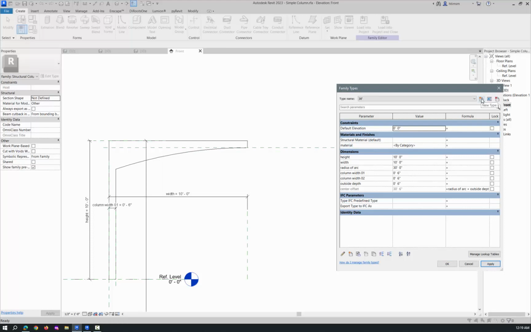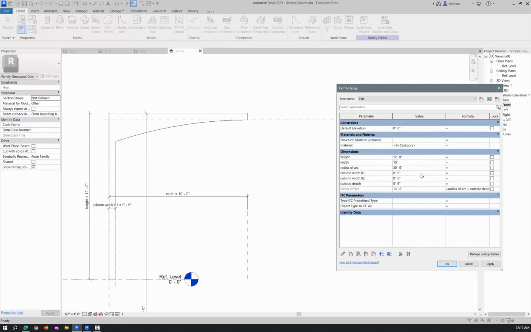If I just make a new type, and I'll just call this test, just to show you what this guy looks like, I can go in and change the height to 12, right? I can change the width to 15, right? And then I can change the radius of the arc to 60, okay? And I can change the column width to 1 foot,